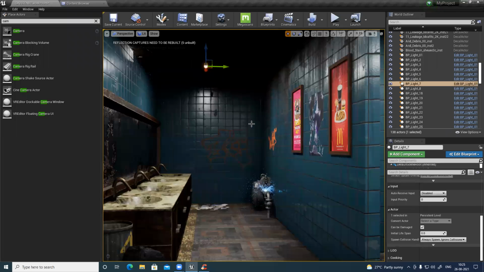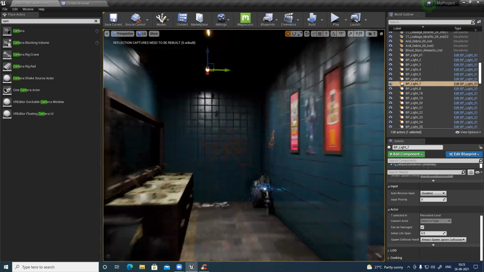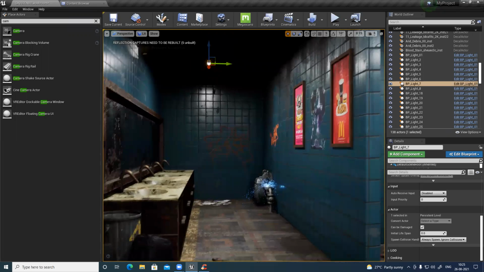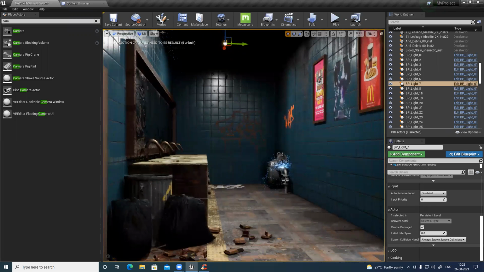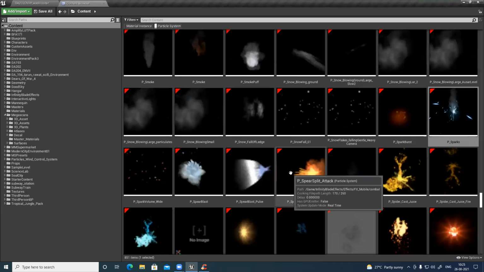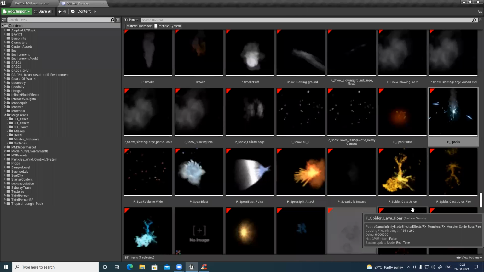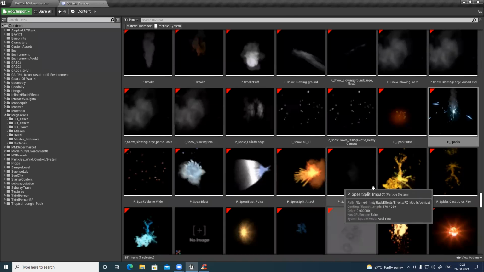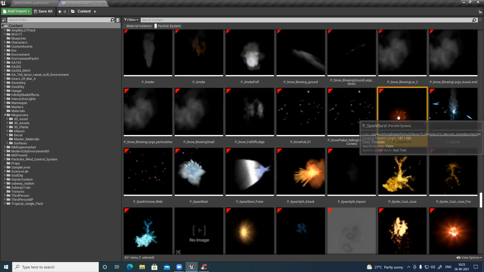And what is this glow? But that's light. Okay. Smoke puff and smoke, all these things are there. Spark burst.